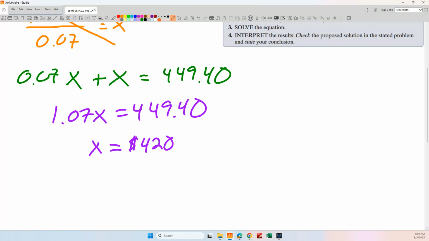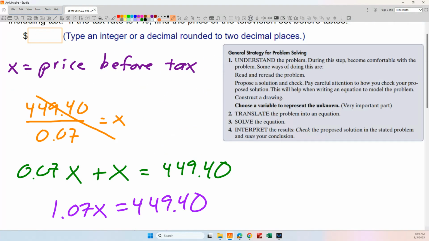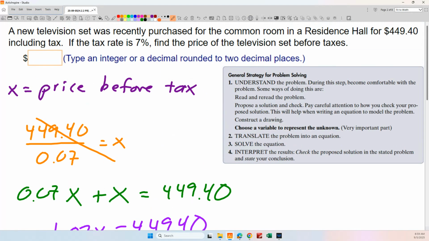Okay, now, does that seem reasonable? It's always good to just ask yourself, does that pass the reasonableness test? Seems pretty reasonable, doesn't it? It's a little bit less than the final purchase price because we paid some additional tax. I mean, it seems like it's in the ballpark. So, yeah. Okay, how do we feel about that? Okay, and that's what we were looking for. So in this case, the algebra solution corresponds exactly to what it is we're trying to find.